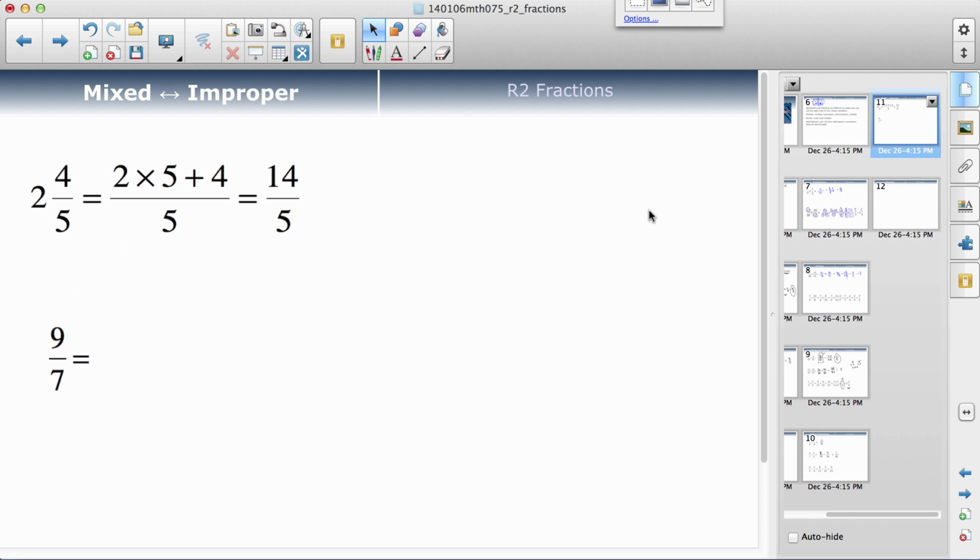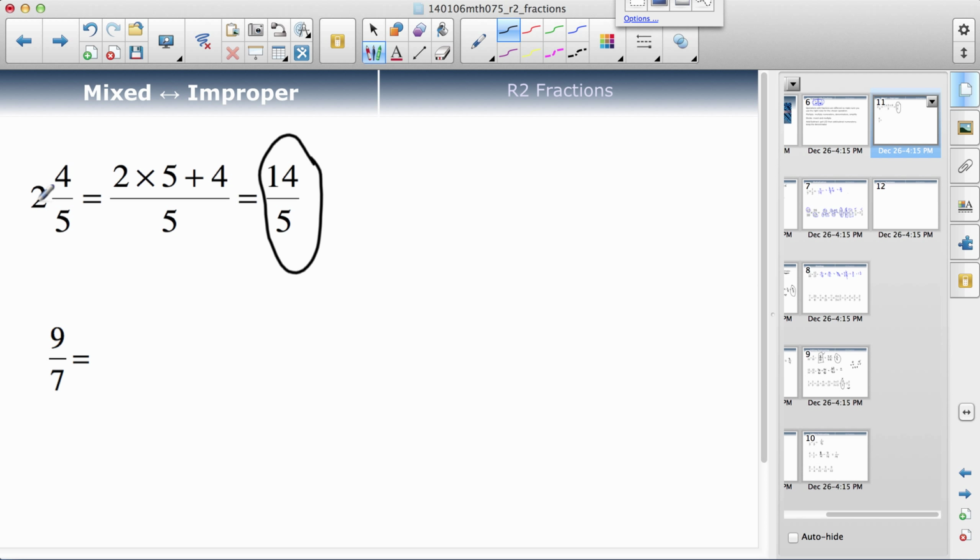Okay, just the last slide on here, and I've sort of done it already. It's just a quick review of converting from a mixed number to an improper fraction, or from an improper fraction to a mixed number. To do this top one, to convert from a mixed number to an improper fraction, and these ones, although they say improper, this is sort of where we want to be. That's often the type of number that we like to have. In order to do that, you take the